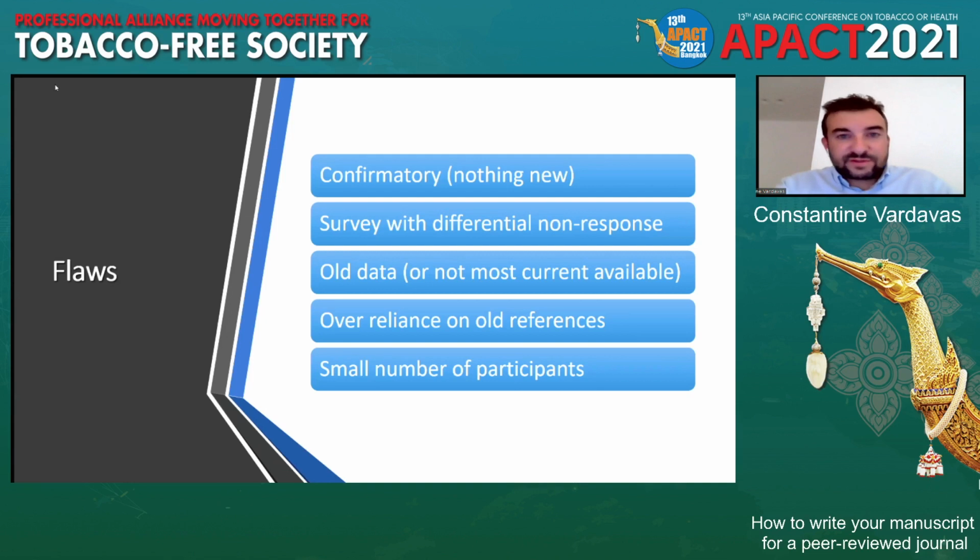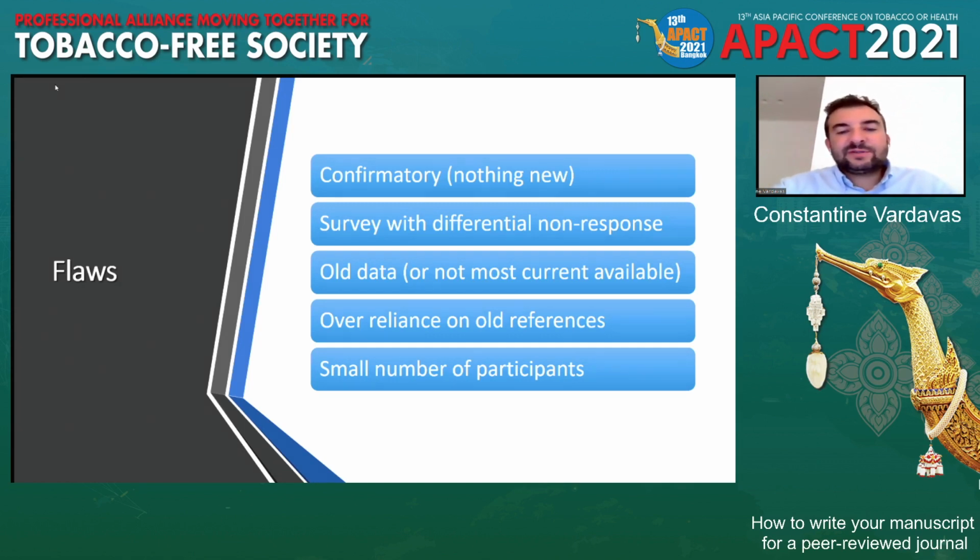Also, old references are another point to look up, especially if you have a manuscript that's written in 2021 and the manuscript's references are all older. I usually use a rule of thumb, 10, 15 years. If things are older than 10 years, I'm sure there's something new that covers that topic.